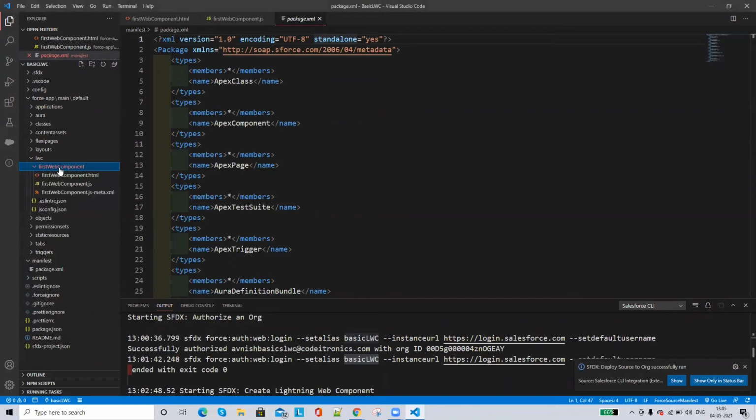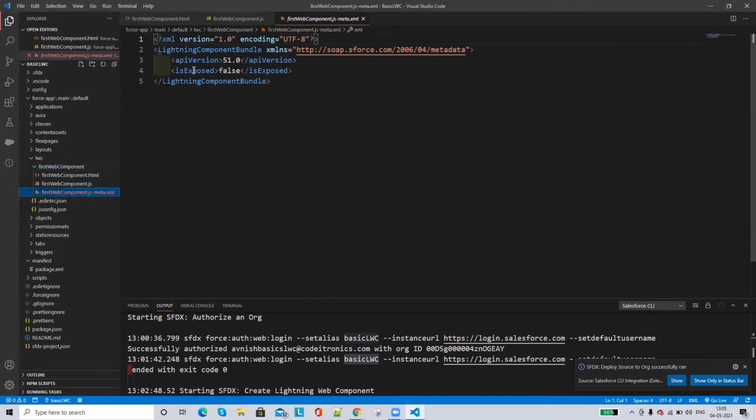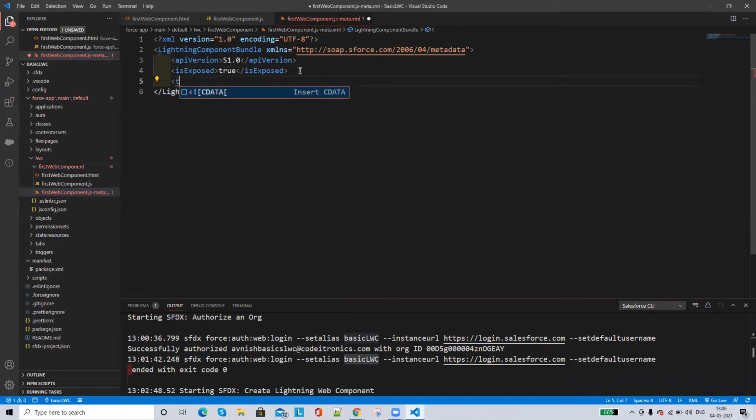So let's open our metadata file. In that we see the API version 51.0, but isExposed is false. We have to make that true, isExposed equal to true, and also we have to pass targets, where we want to show that. So the first target is I want to show that in the Lightning app page,